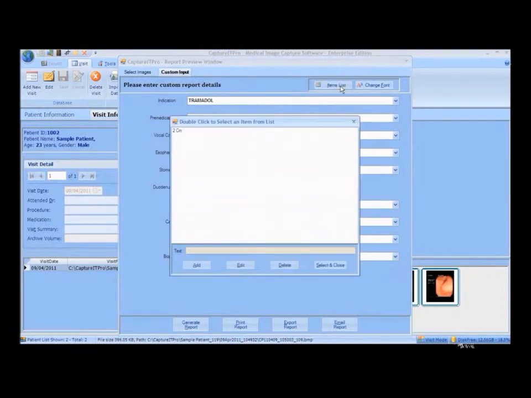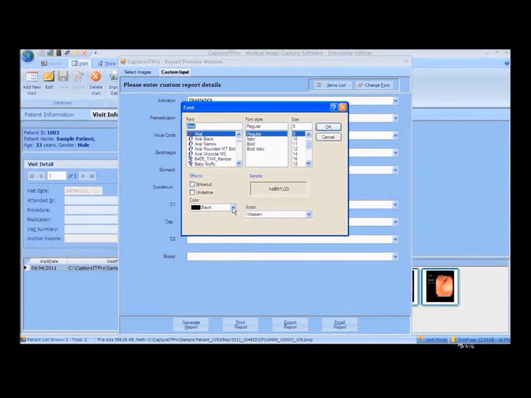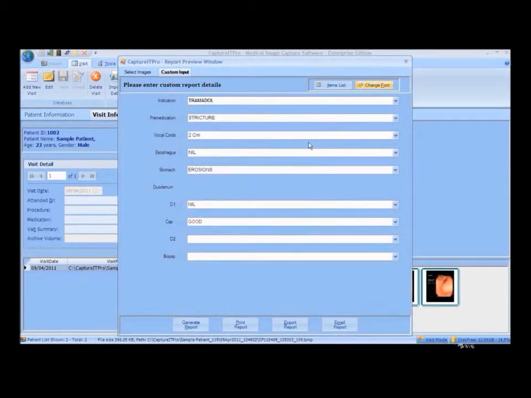New data can be added or modified in the item list. The font can also be changed by clicking the Change Font icon. The report details are customizable.